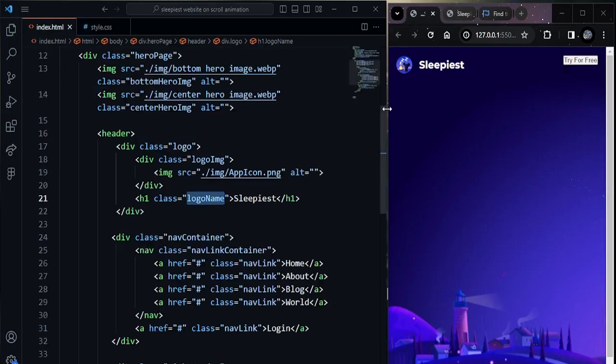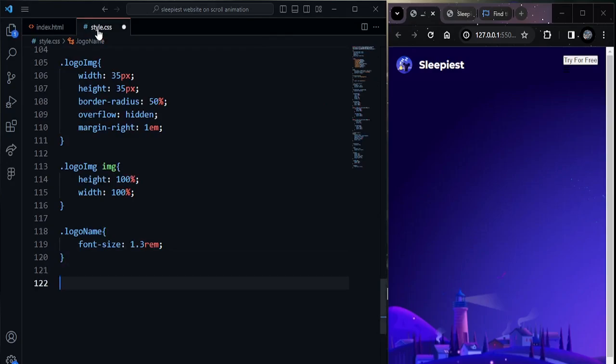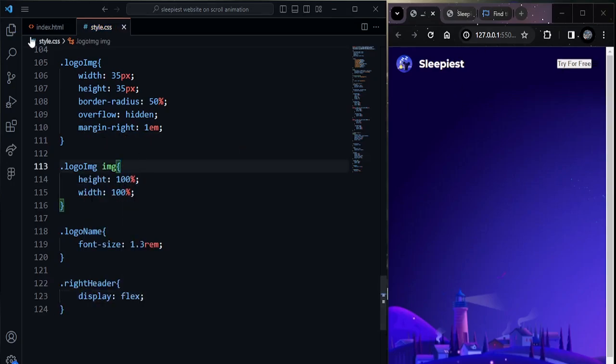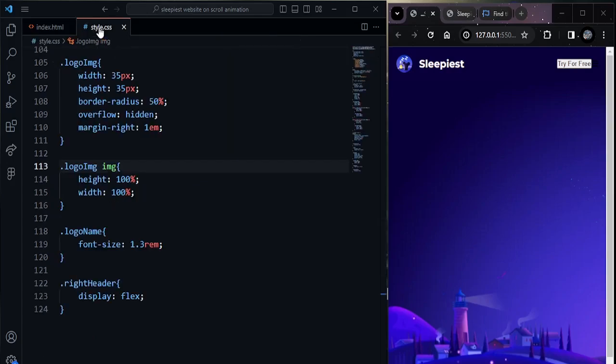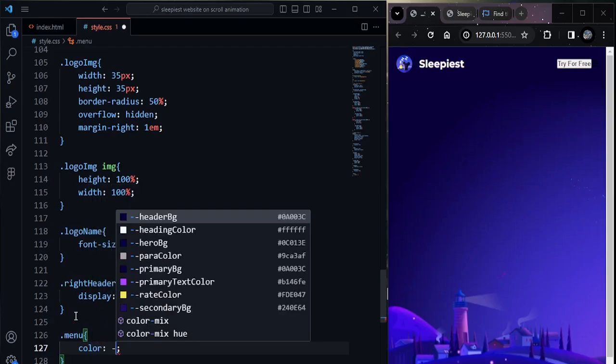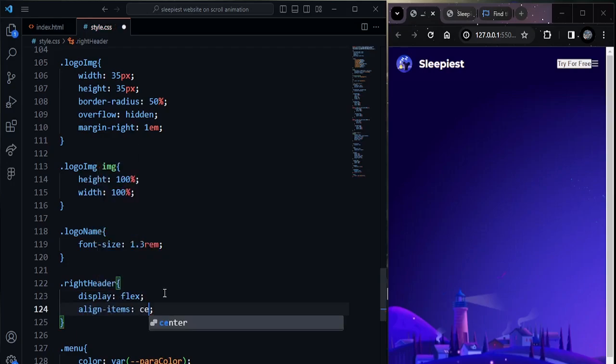Now we're going to give some style for the right header. The right header will be display flex. Okay, give some color for this menu. Dot menu, the color will be para color. Now we can see the icon for the menu. Okay, let's go back to the right header. Align-items as center,